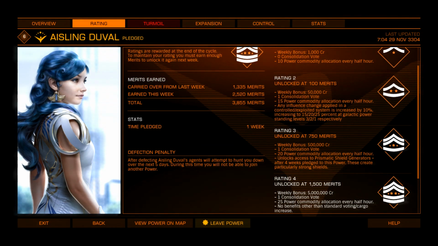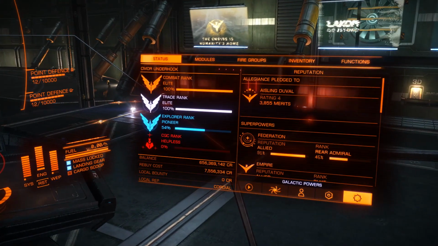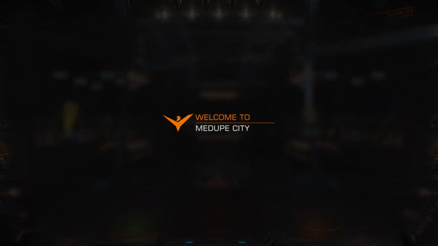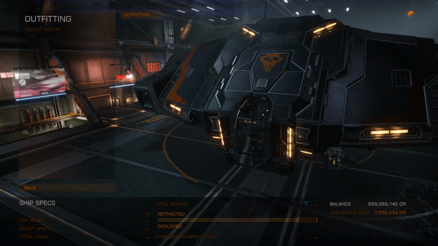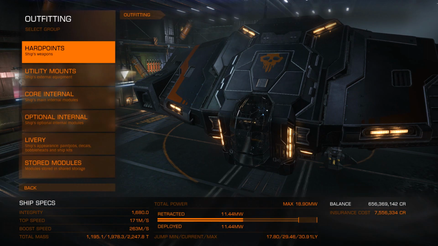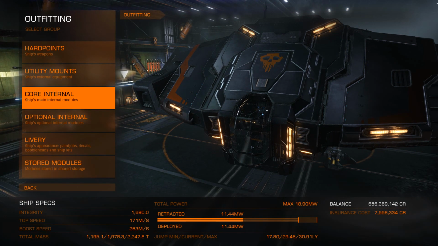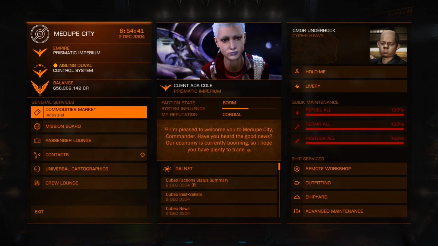So 750 merits is what we need to do. So how are we going to do that? Well, I suggest to you that the best way of doing that is with a type 9. In fact, a shieldless type 9 like this one. So you go and you get your type 9 and have no shields on it. You don't have to do it this way, but doing it this way you can do it in one trip,